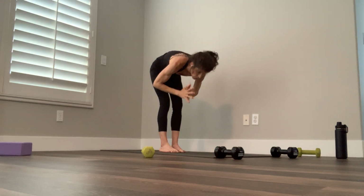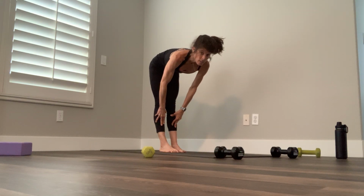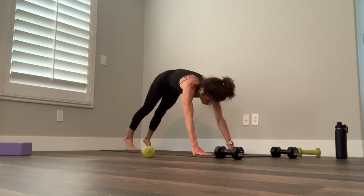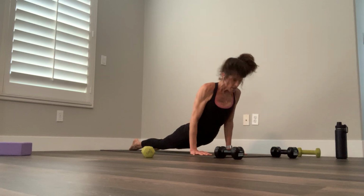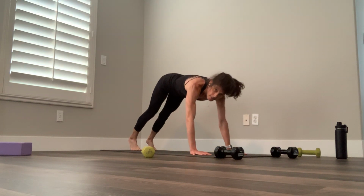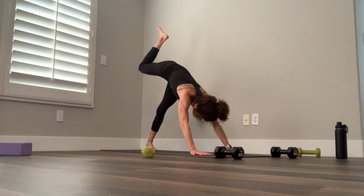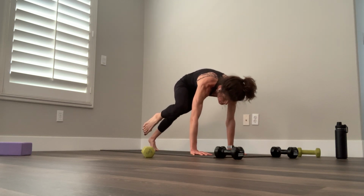Uttanasana. Forward fold. Inhale, lengthen. Halfway lift. Exhale, plant your palms. Flow through your Vinyasa. Meet me in downward facing dog. Inhale, lift your right leg, and just like we did at the beginning of class, exhale, right knee, right tricep,